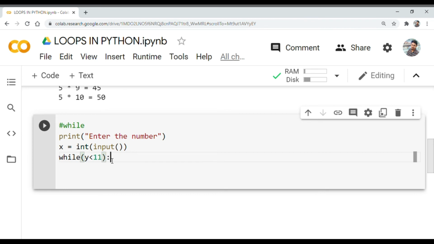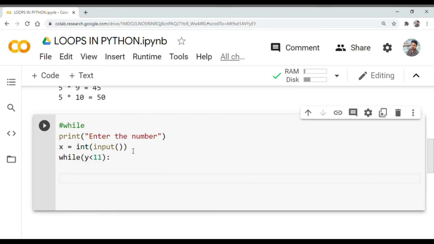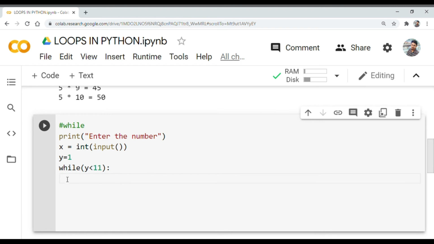So while y is less than 11, enter. But what is y? We didn't write it. So let me initiate y with y equals to 1. So y equals to 1, and while y is less than 11, the loop will continue until y becomes 11.